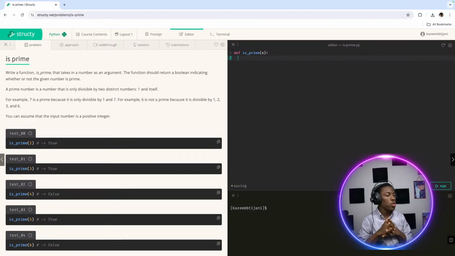So how do we go about solving this? To check if a number is prime, I have to make a check to say that if the number n